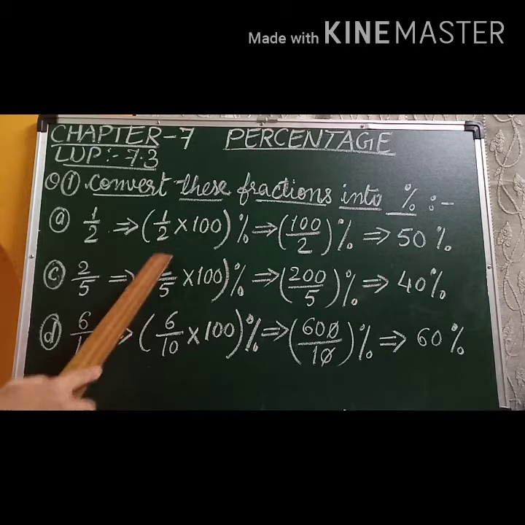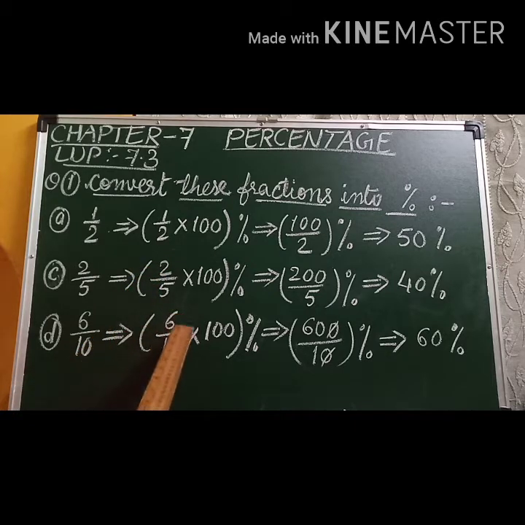So the same steps we have to follow. We have to multiply fraction 6/10 by 100 and we have to place the sign of percentage. So 6 should be multiplied by 100. So 6 into 100 is 600 and in the denominator 10 is there. So we can cancel zeros. Here 1 0 is there. So we can cancel 1 0 of numerator and 1 0 of denominator.